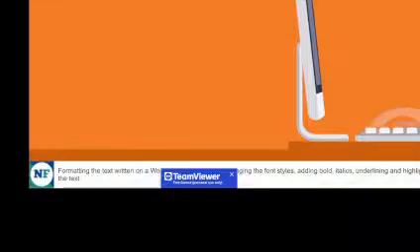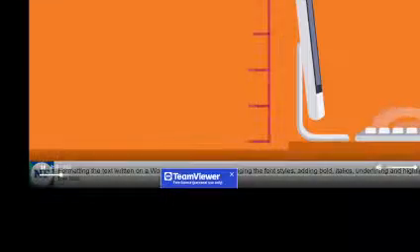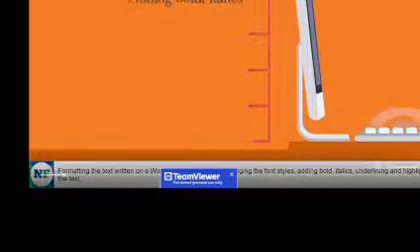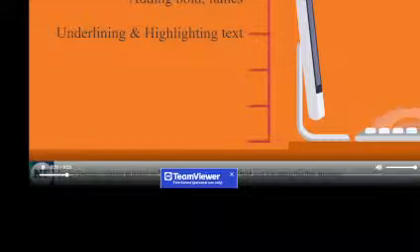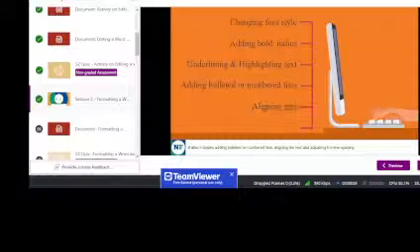Formatting the text written on a Word document includes changing the font styles, adding bold, italics, underlining and highlighting the text. It also includes adding bulleted or numbered lists, aligning the text and adjusting the